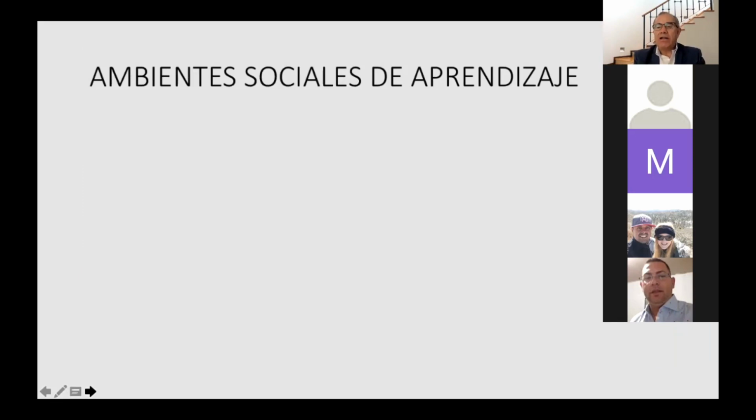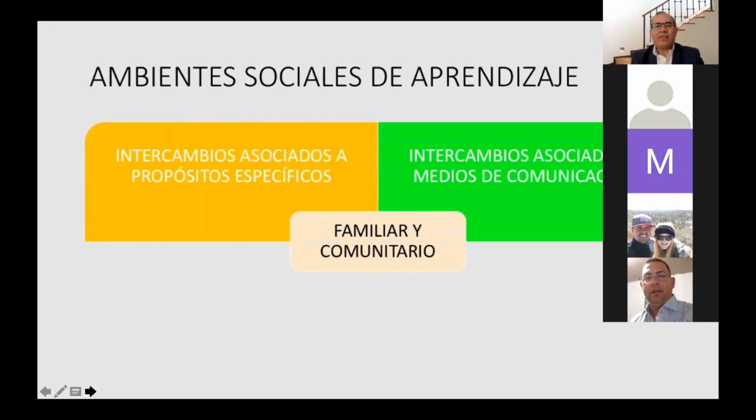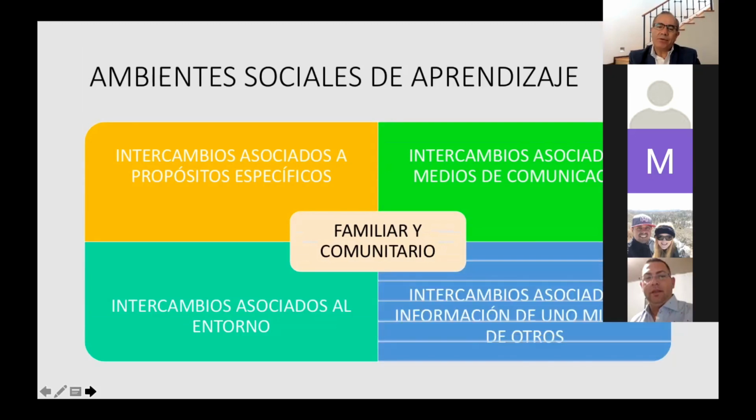So which are the three environments? Very quickly, you know all of them: the familiar and the community. These are the interchanges that you need to do. I'm going super fast because you are experts. I don't want to stop here just to make sure that we review, we analyze what the program says.